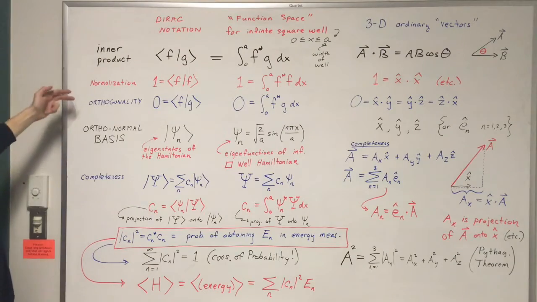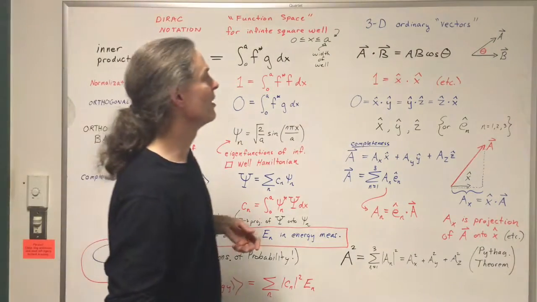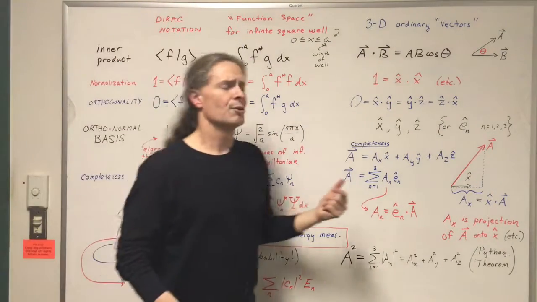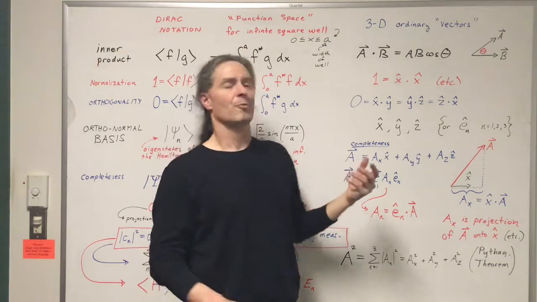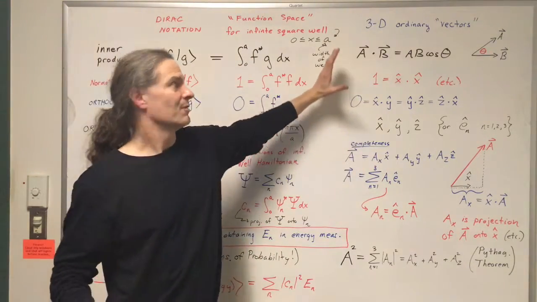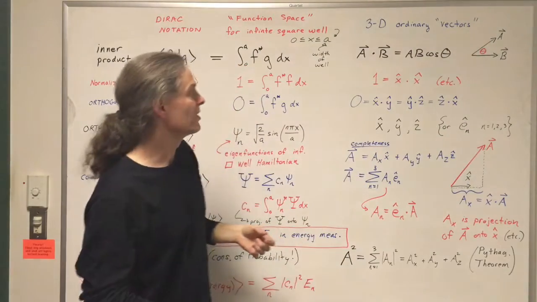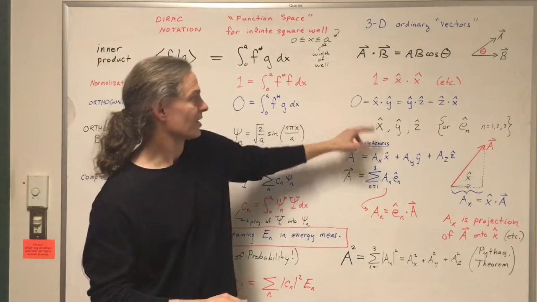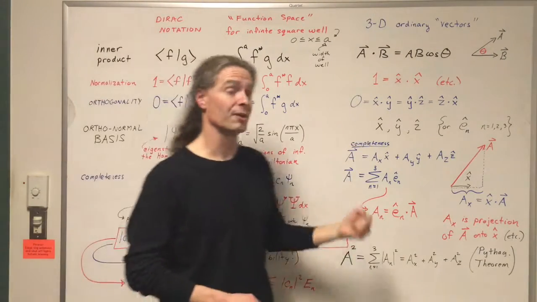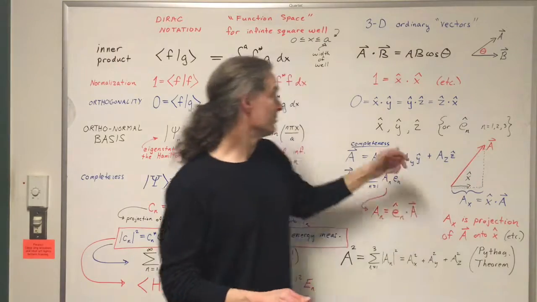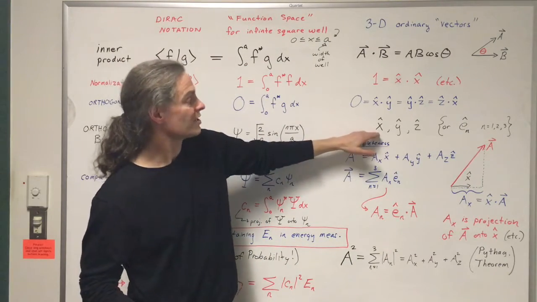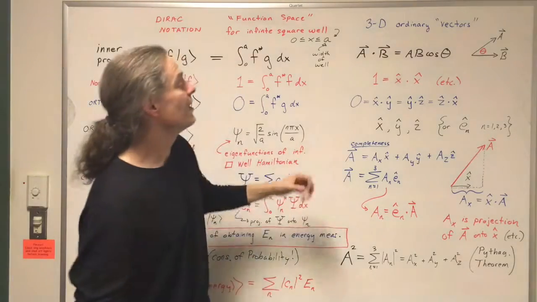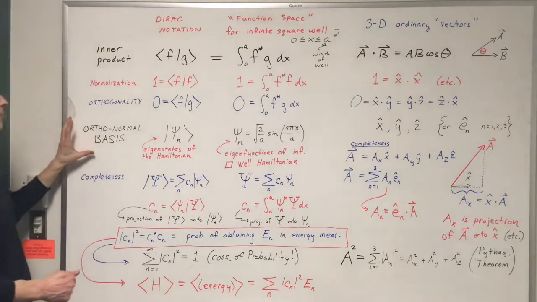All right, with normalization and orthogonality, this is a good time to talk about an orthonormal basis. An orthonormal basis is just building blocks for any element in your vector or function space that are mutually orthogonal. X hat, y hat, and z hat fit the bill. They're mutually orthogonal and are normalized. They form, it turns out, an orthonormal basis